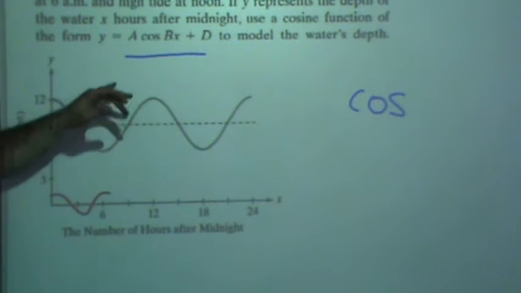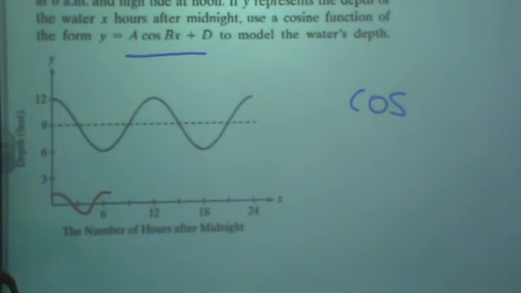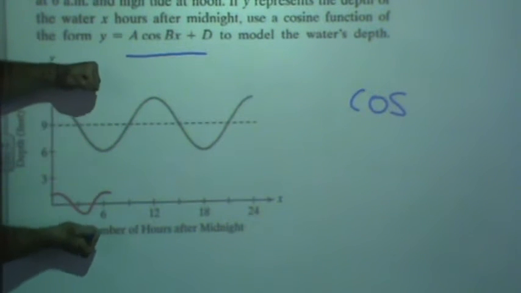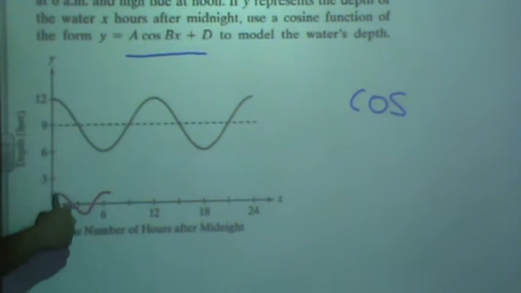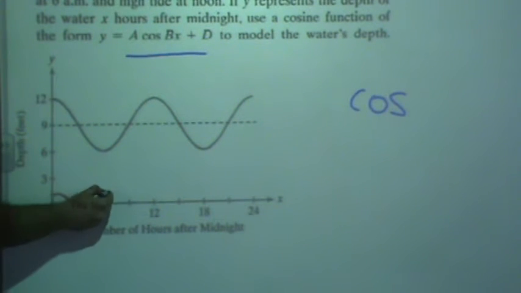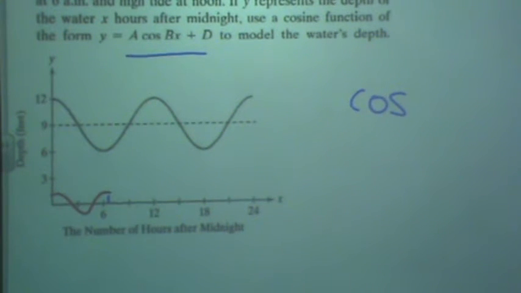Now we've got to fill in the blanks. Obviously, this graph has undergone some transformations. If this is what cosine is supposed to look like, cosine x, just physically, look at the physical nature of this graph. What's happened to it? It grew. Say again? It grew. It grew, be more specific. Stretched. It's been stretched out. In which manner? Both. It's been stretched vertically to go here instead of here,